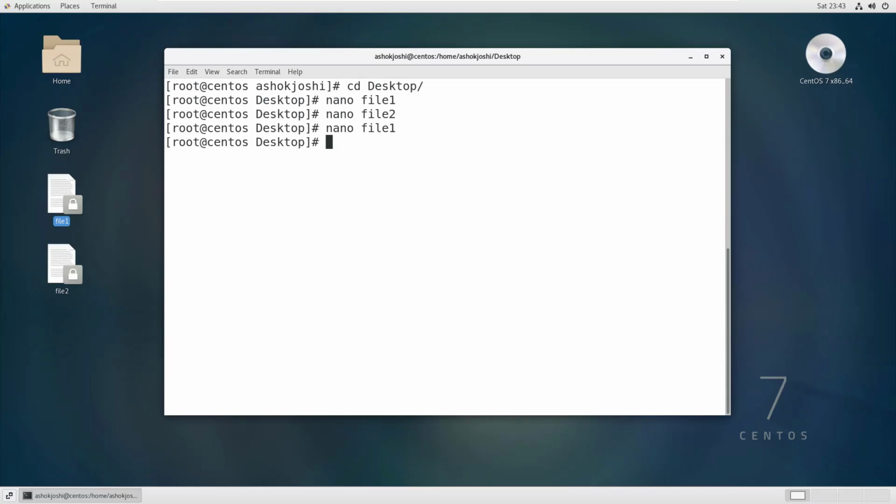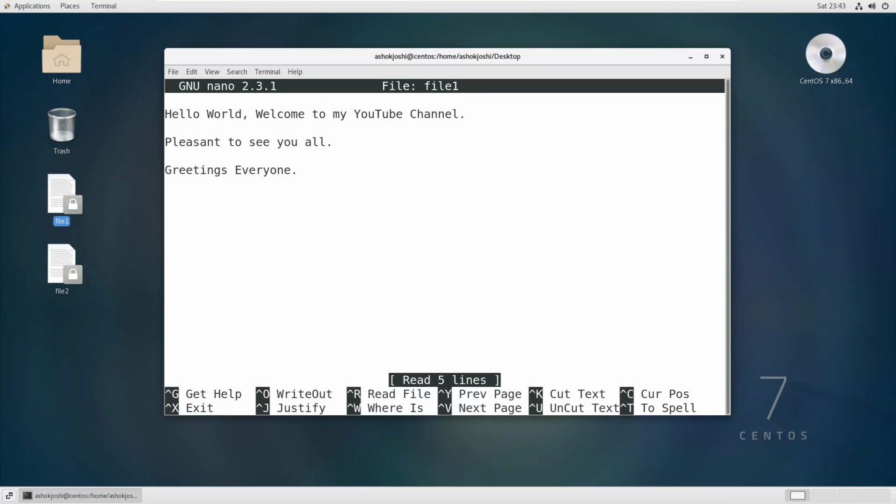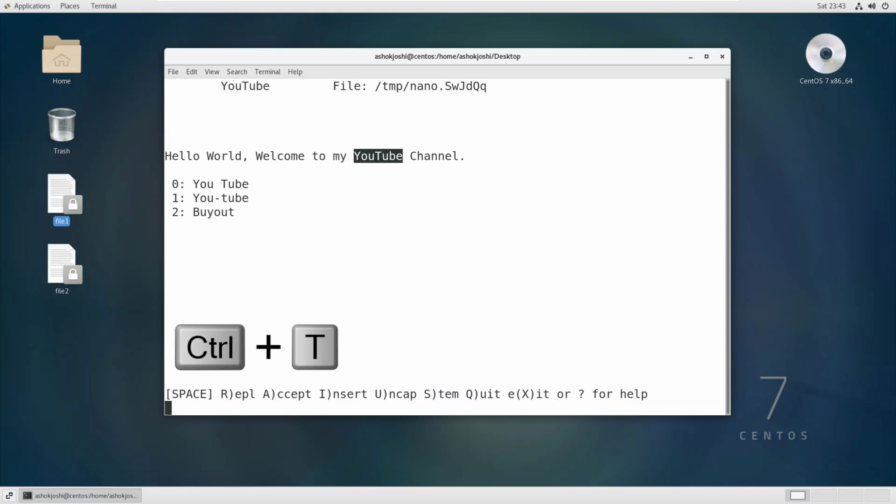Now if you want to check whether spell, the package that will help you check the spelling, is installed or not, you will have to hit Ctrl T. Okay, so let's log into file1 using Nano text editor, and if I hit Ctrl T here, it will ask me whether you want to replace, accept, insert, or quit, or exit. In my system spell is installed.